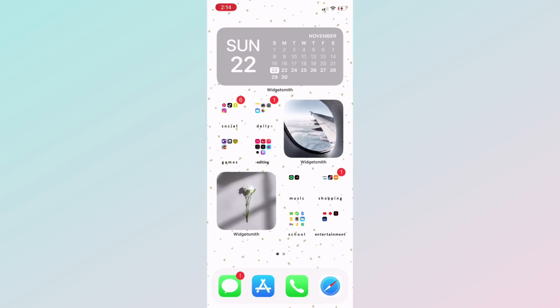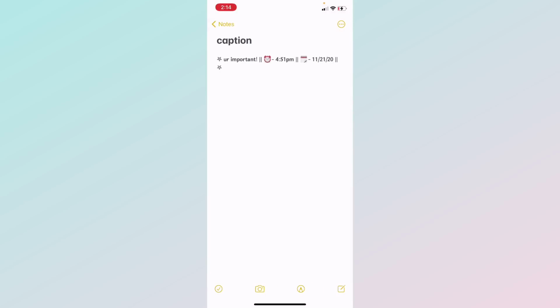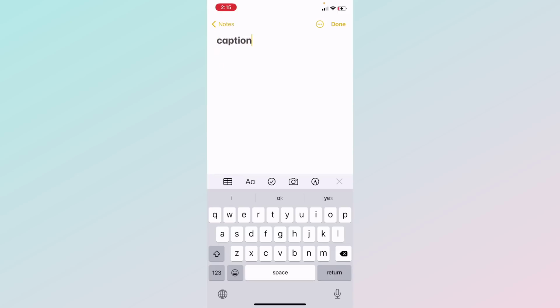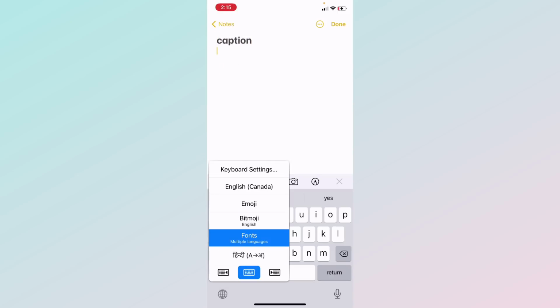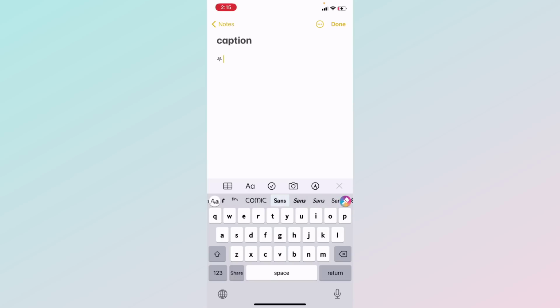Next, I do the caption. So for the caption, what I do is I just make it in my notes, like over here. So what I do is I have these star thingies that I can copy and paste. Okay, so basically what you do is you go into the fonts. First we paste that, then you write, and then I use the font sans, and then you write a message like,